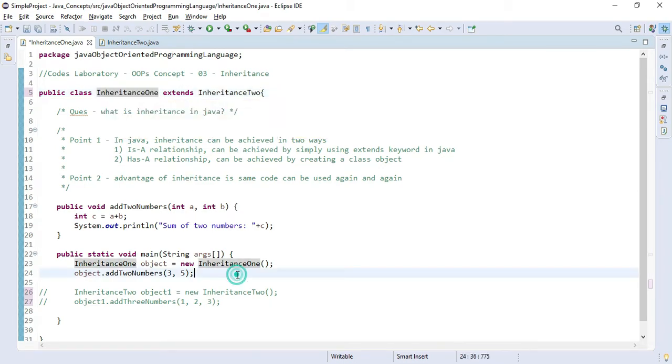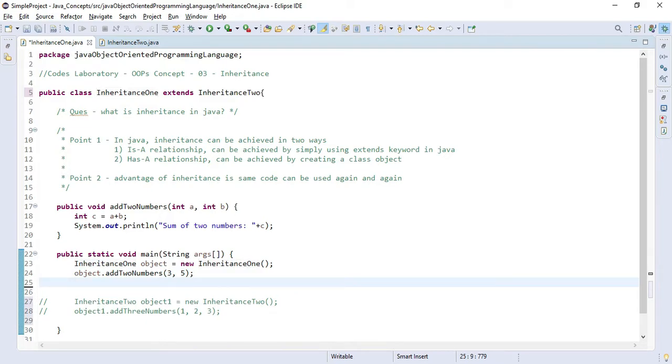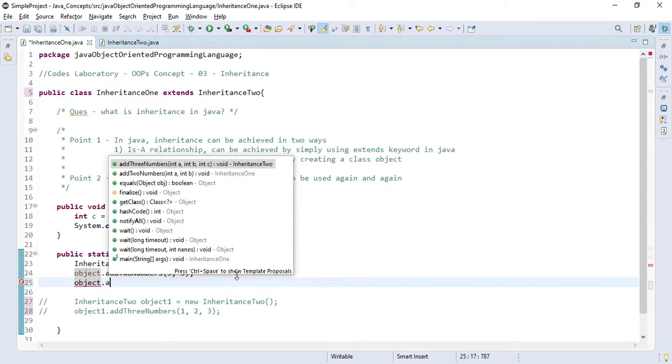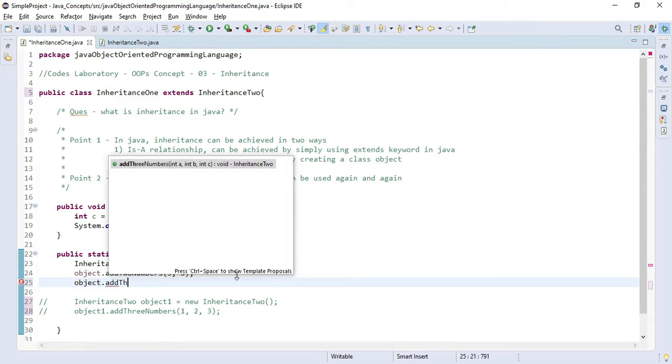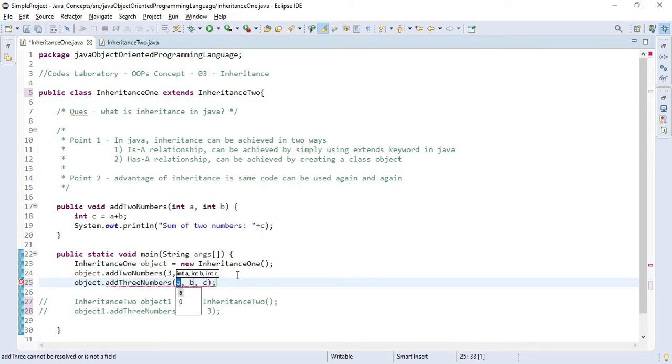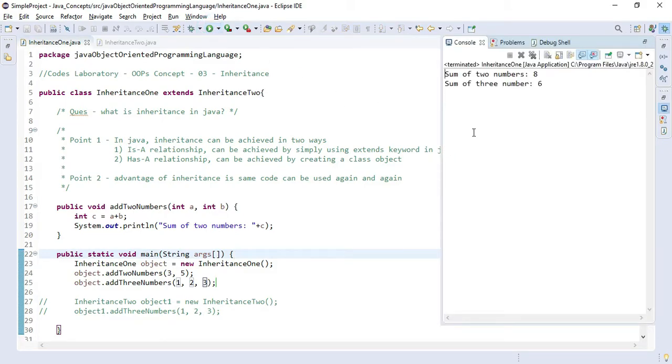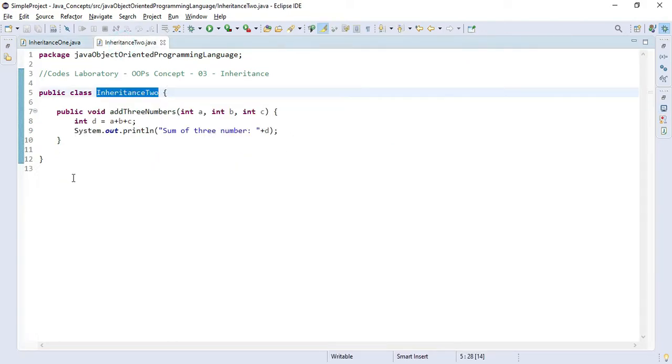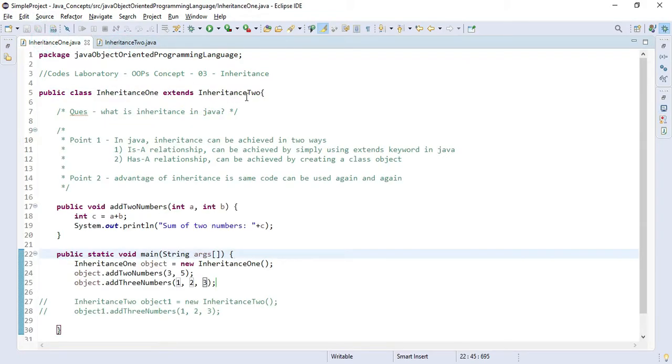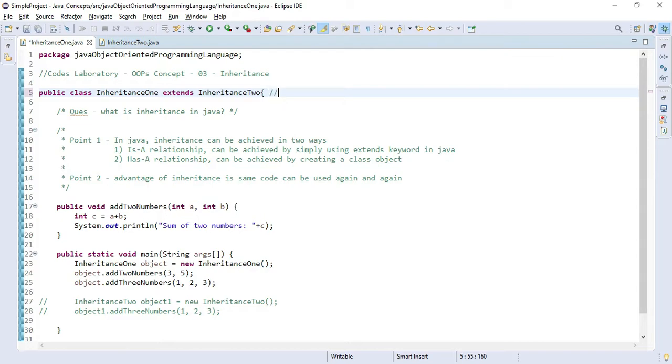Let me show this. So if with the reference of the object of our inheritance 1 class, you try to call the method present in inheritance 2 class, you will be successfully able to do that. As you can see, let me just execute this program. Okay, so it worked fine. It means we were able to use the program present in another class. So this is the inheritance technique, and we call it